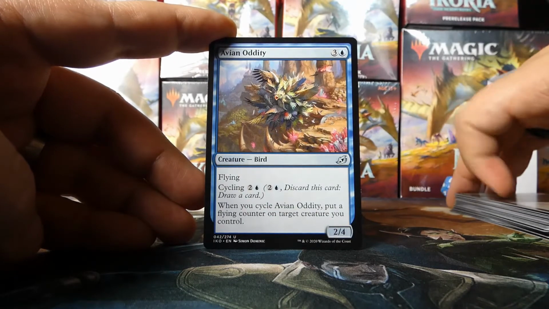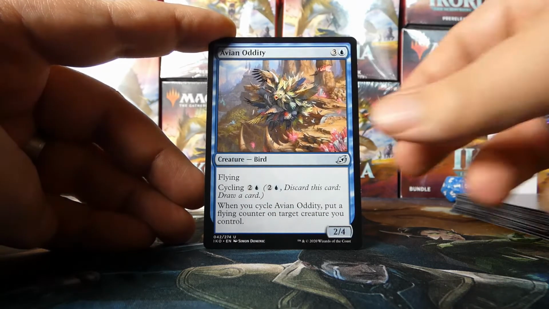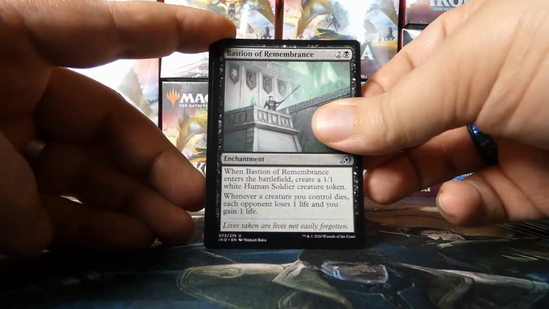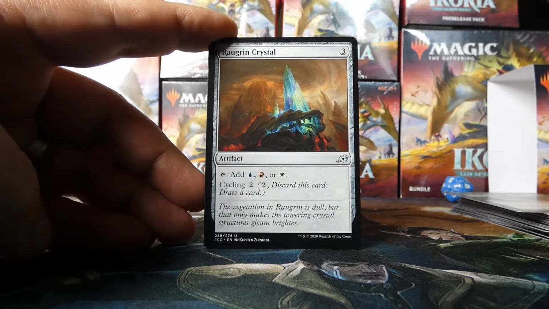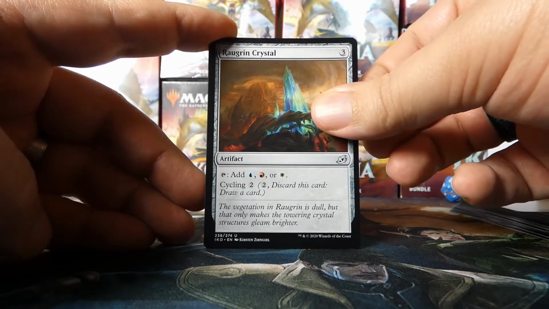Avian Oddity is a nice first uncommon and would go nicely in the green-blue deck that I was talking about, if that's what we're playing. Bastion of Remembrance, not bad at all. And a Rogrin Crystal, which is the Jeskai colors in a crystal, so not bad. Not really for this deck yet, but still nice to have a crystal. And my rare or mythic is...